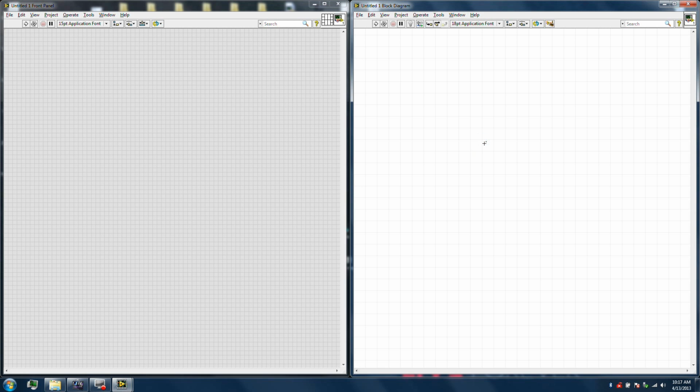Now the block diagram is where all the code is. This is what the player does not see. And I'm calling him player, it's a user. I enjoy making games, so to me they're players, not users. In